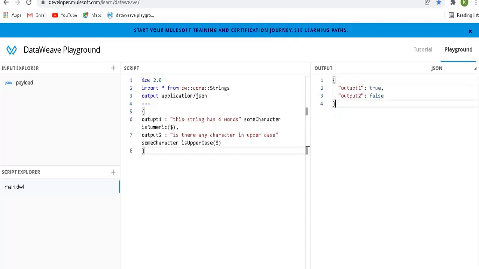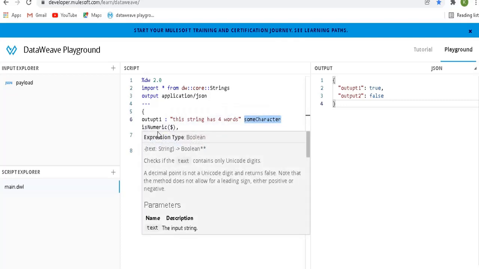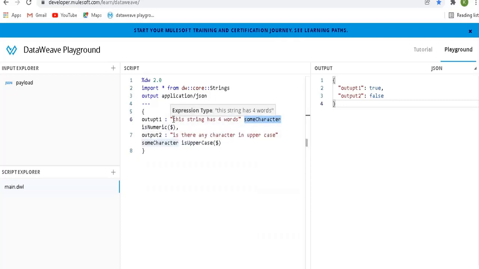See, here the input is a string that has 4 words. I have used some character, is numeric. So if anything in the string is valid for this condition, is numeric, meaning any number in your input string. Yes, we have 4, which is one number.